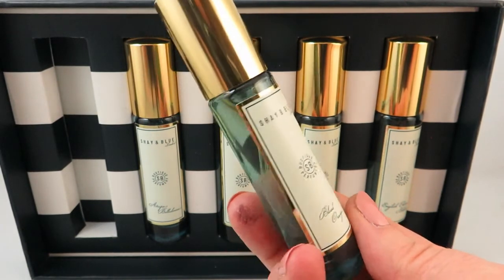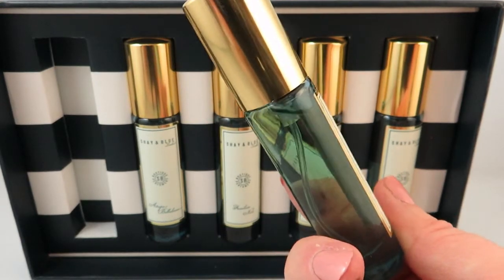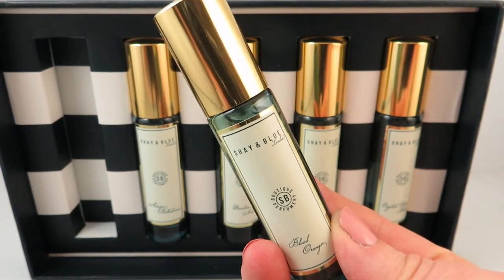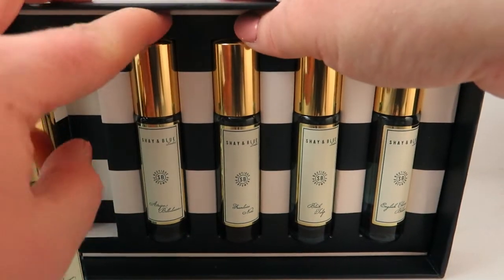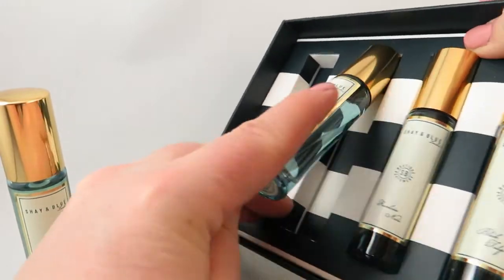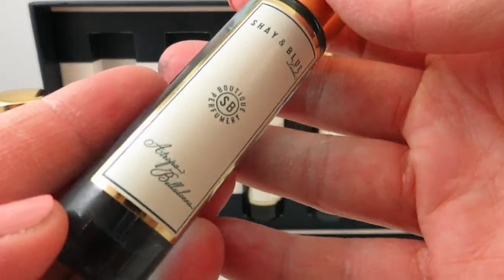And once again, I absolutely love this discovery set because you really get a chance to try out different scents without having to go through and purchase all of them. So I'm definitely a fan of these. So the next one, let's see if I can... The only problem is trying to get them out of here. They're in there quite well. So the next scent is